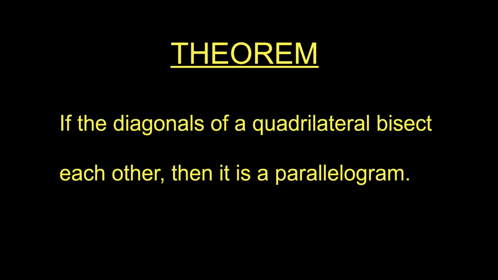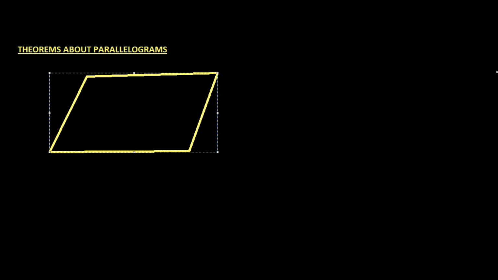Let's go on to the third theorem of the video, and the third theorem says, you can again write it down, if the diagonals of a quadrilateral bisect each other, then it is a parallelogram. So this is again the converse of the theorem that we had just proved. So again, let's start with the quadrilateral, but since we have to prove it is a parallelogram, let's draw it like a parallelogram only. Let's name the quadrilateral as ABCD as always.